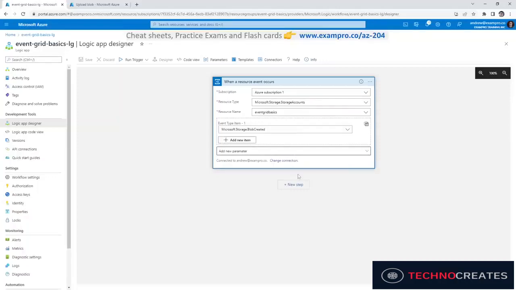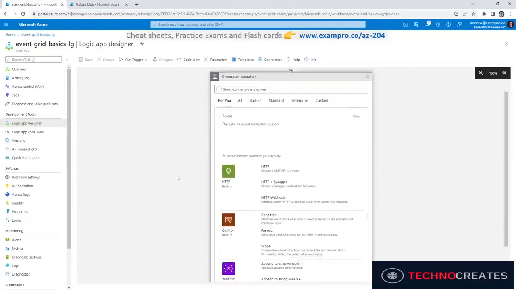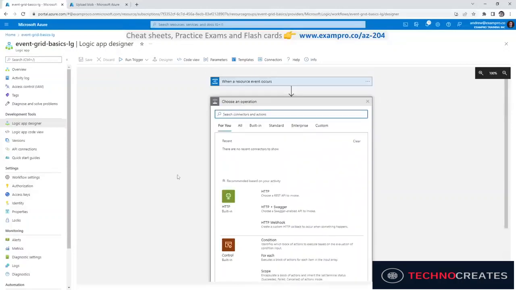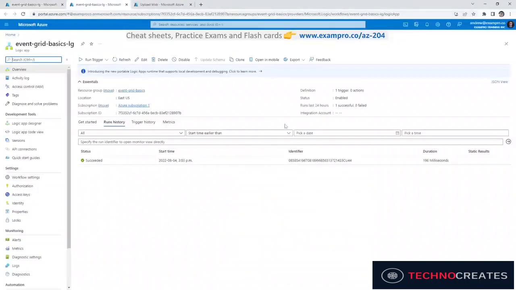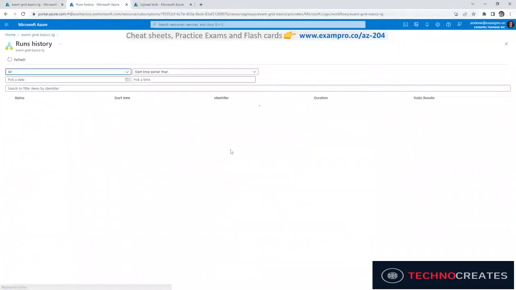And so the next step, what we want to do is put it into another container. So that will be the tricky part. So I'm just trying to remember what we do. So we'll hit next step. I think what we need to do is initialize a variable first, because we're going to have to get some way to grab the name of the string. Because if we go back to our run over here, just give it a moment here, and we go into a run again here,